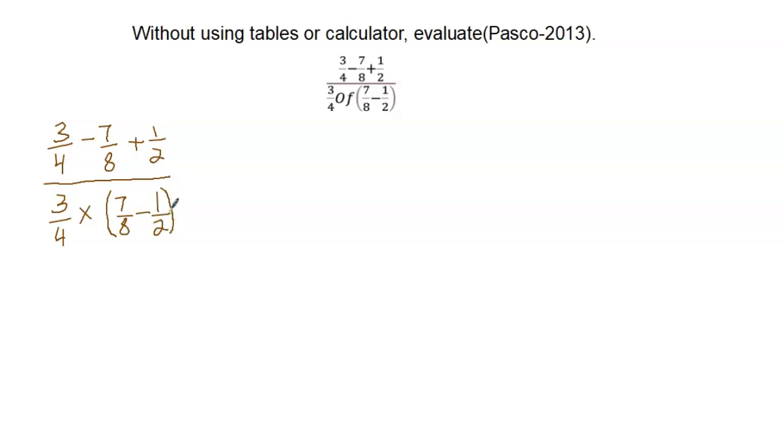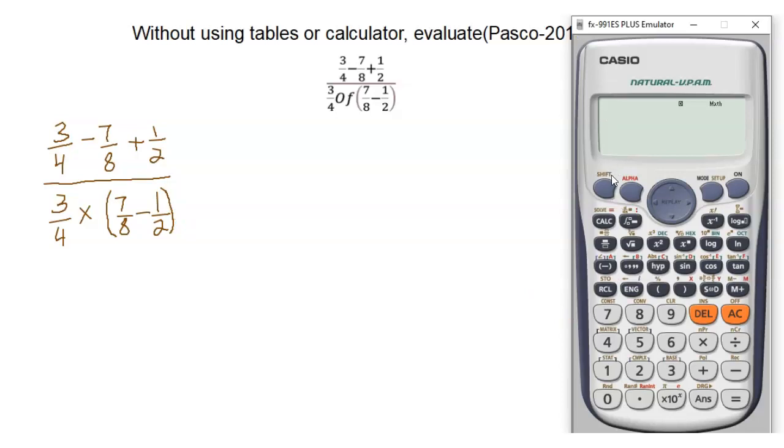So before you do this, you grab your calculator and you key it in, and then that will be guiding you towards the final answer. Okay, so I grab my calculator, and you have to know how to put it in there too. The bigger numerator, I'm going to put all of them in there. I pick my bracket here, and then I pick the fraction here, and I type my 3 on 4. You shift it this way, you pick your operation sign, pick your fraction again here, which is 7 on 8,